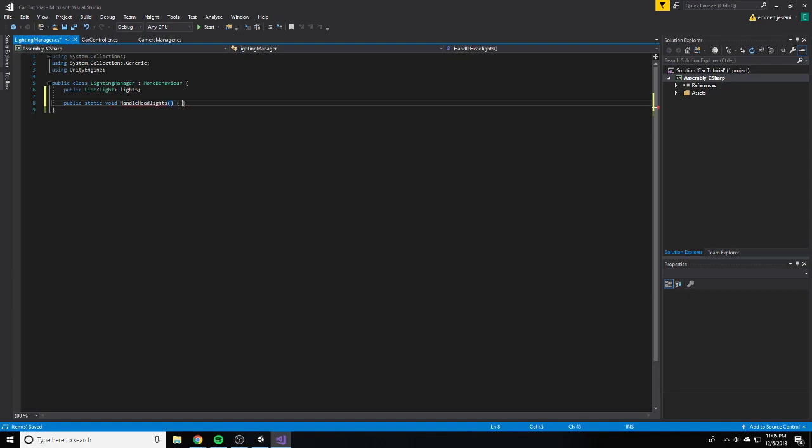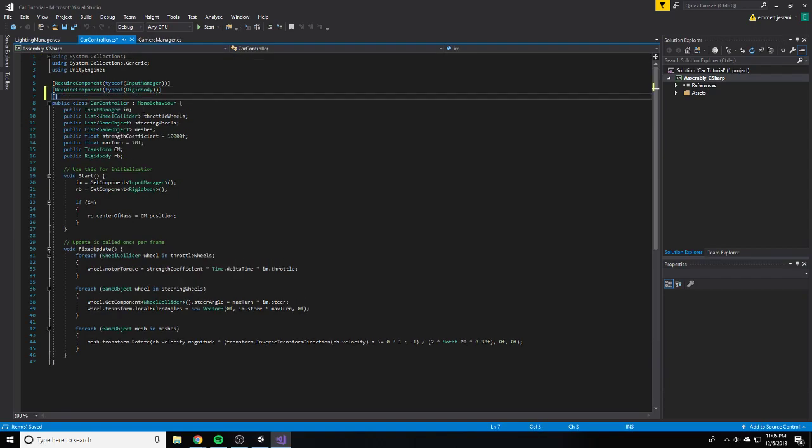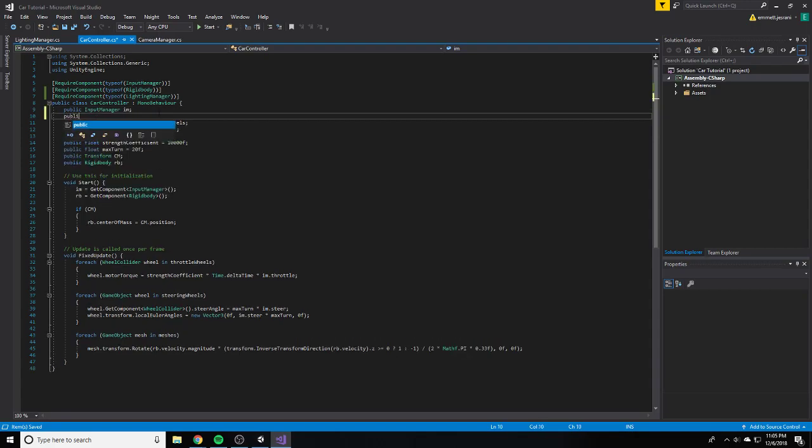Our handle headlights method is just going to handle the front lights of the vehicle. Now we're going to add a new required component, a lighting manager, so we're going to need an instance of this class attached to the object. I'm sorry about the volume change, I live in a family home and I don't want to wake anybody. Now we can add a new field down here and make this our public lighting manager,